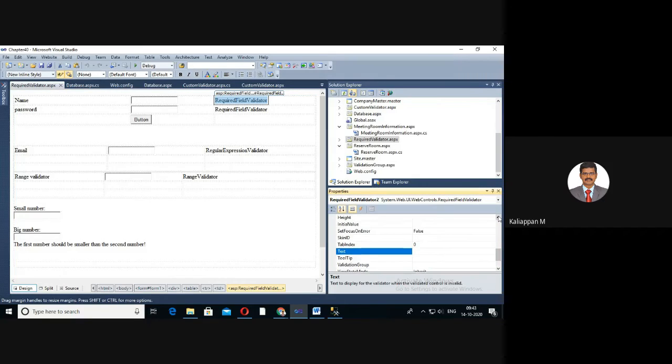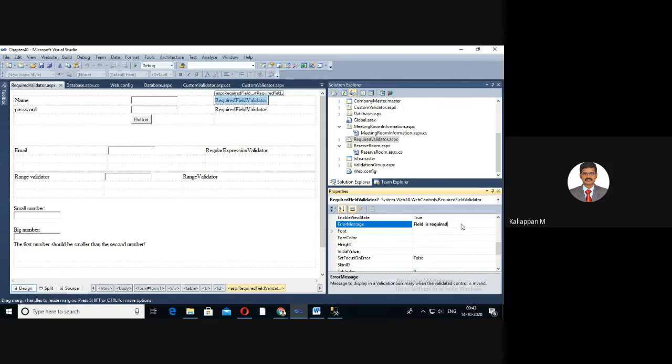One more property is called the ErrorMessage. Here you have to give your error message, for example, field is required.